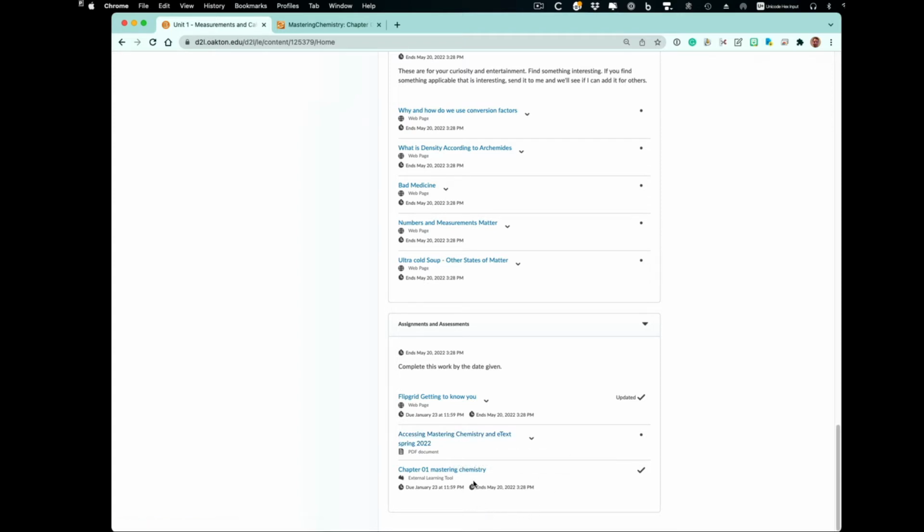But what you do is you go ahead and click on the assignment. If you already have an account, you've already accessed this, you're going to go straight to the homework. If you haven't, you're going to go to a page asking you to sign in to Pearson, like I said, using an account you already have or making a new account with your Oakton email address. And you're going to have a place to put in an access code. You do not need to purchase anything. You've already purchased this. You can go ahead and then enter that access code and get access to the e-text